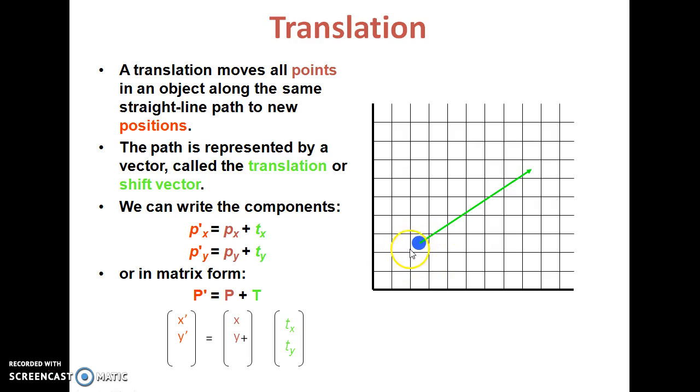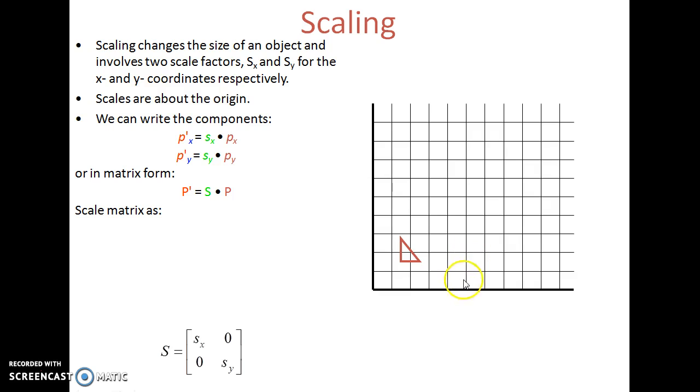See here one object that moves from one position to another position. See the red and blue colored points in the Tx and Ty direction. Now let us take one example. It moves by Tx in the X direction and Ty in the Y direction, and the final position of the object is shown in red color. Here Tx is 6 and Ty is 4.